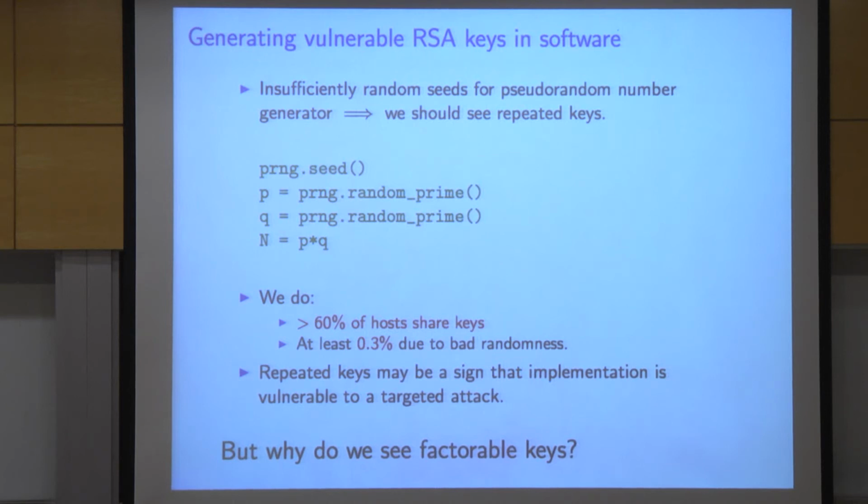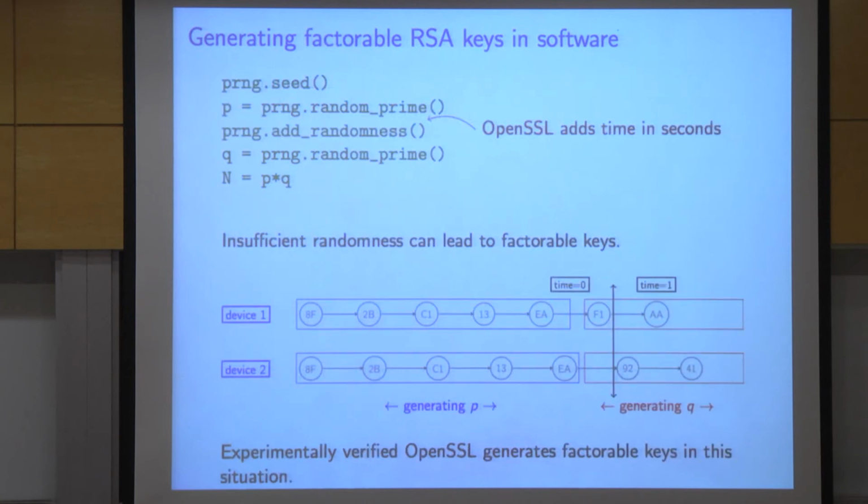But this doesn't explain why we saw all of these factorable keys, these keys that were sharing exactly one prime factor in common, but not both. Because our pseudo-random number generators are pretty good at this point. Those are not the things that are going to be generating collisions. So the reason in many cases that we saw factorable keys being generated is because the